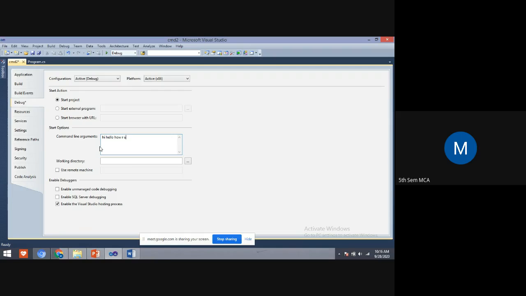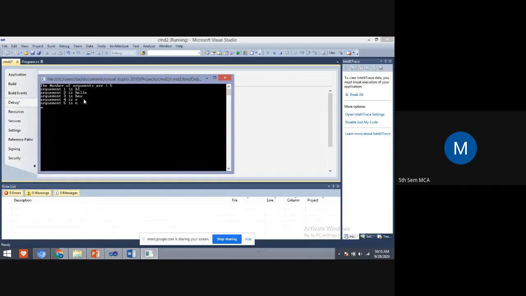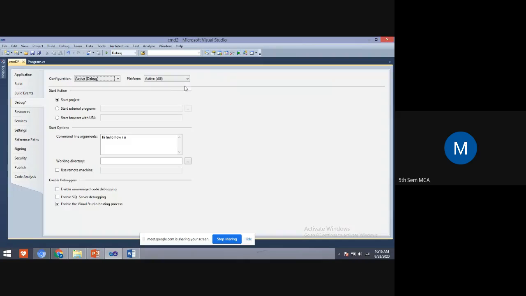See, how space are space you. So all the arguments it will take as different ones. Hello, hi, hello, how are you? So this is passing of values using command line arguments. This is one more way of passing values. Generally, we use this method to pass any string value. If you want to pass any string value, in that case, we use this method of command line arguments.